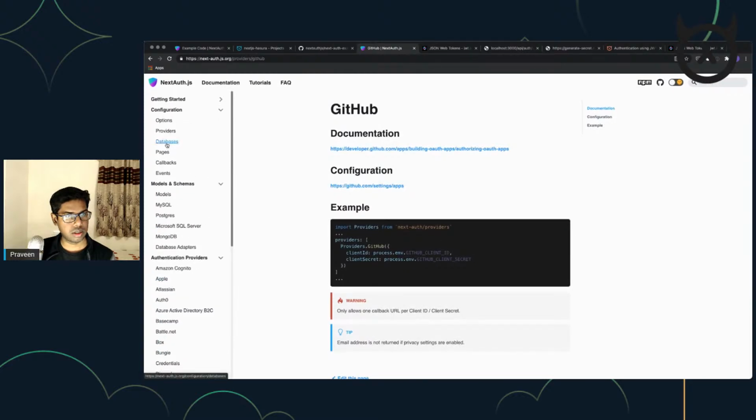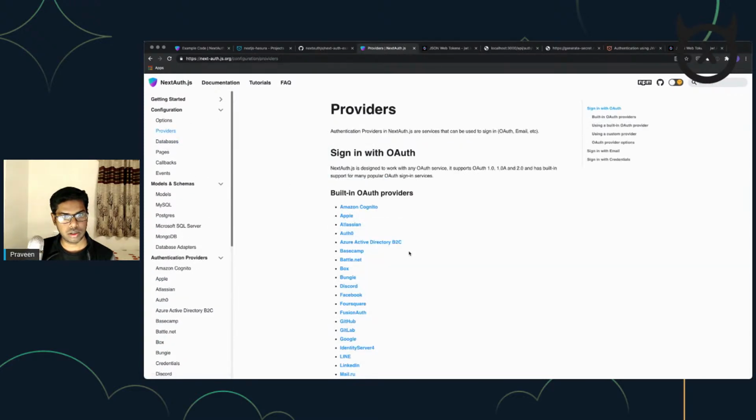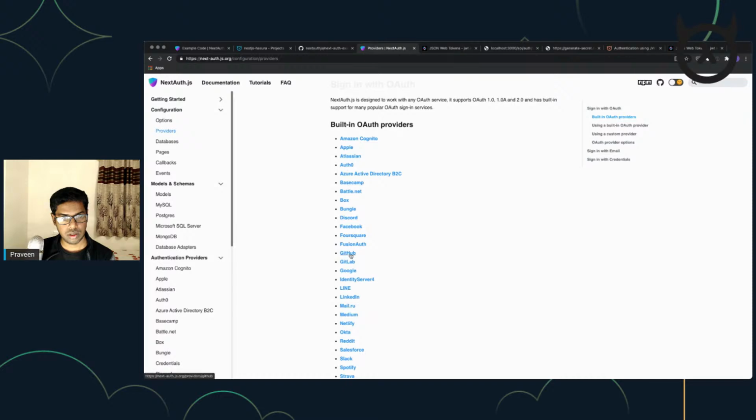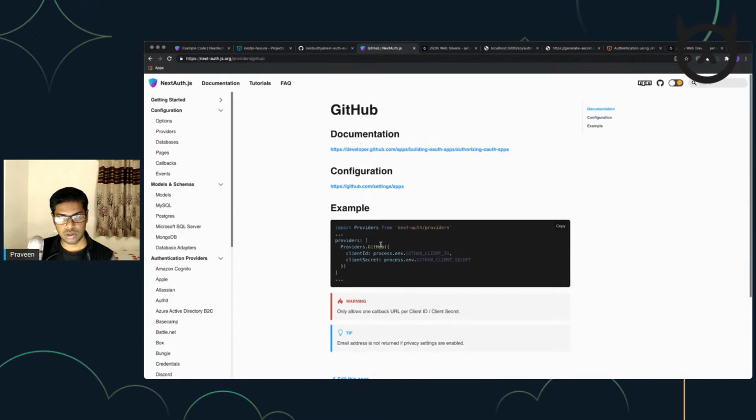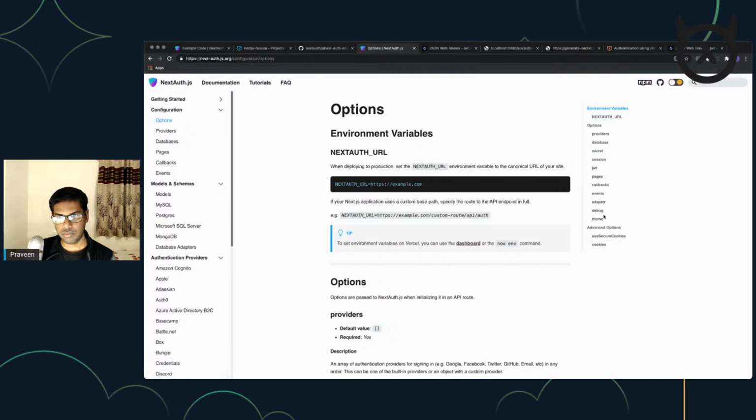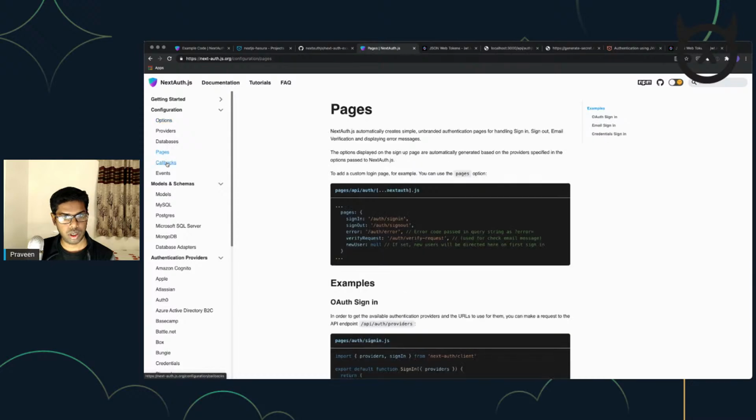I think probably in providers. This looks like the same. So they have a few methods like sign in method, and let me look at